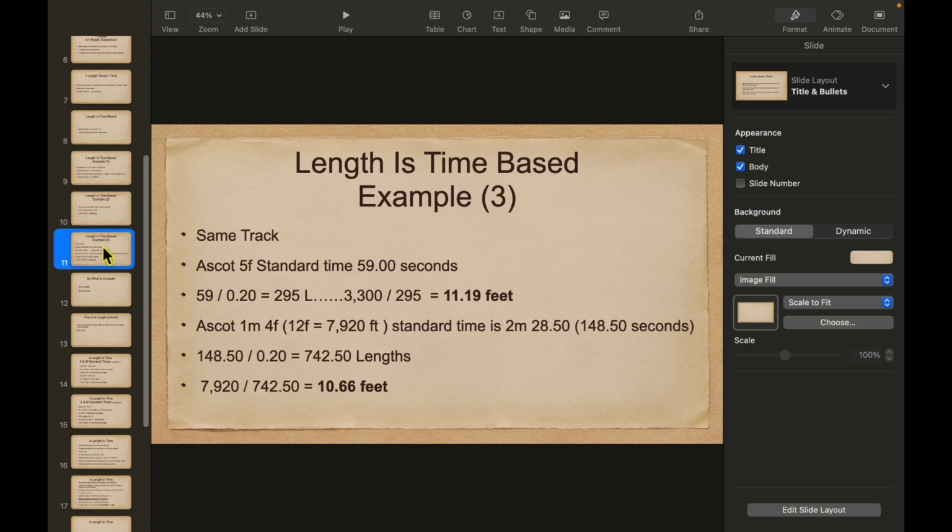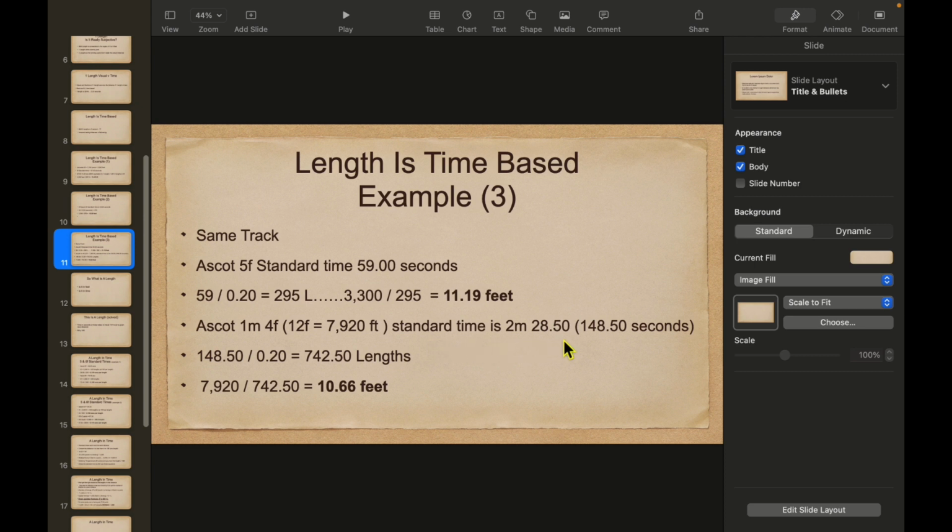So, length as a time-based example 3. At the same track, Ascot 5 furlong standard time is 59 seconds. Divide 59 by 0.2, which is 295 lengths according to the BHA. And then divide 3,300 feet, which is how many feet there are in 5 furlongs, by the 295, and you will get one length equaling 11.19 feet. But at 1.5 miles at Ascot, which is 12 furlongs or 7,920 feet, the standard time is 2